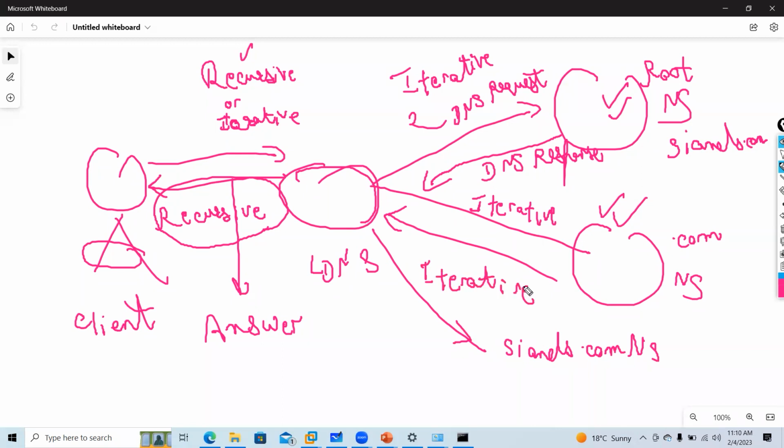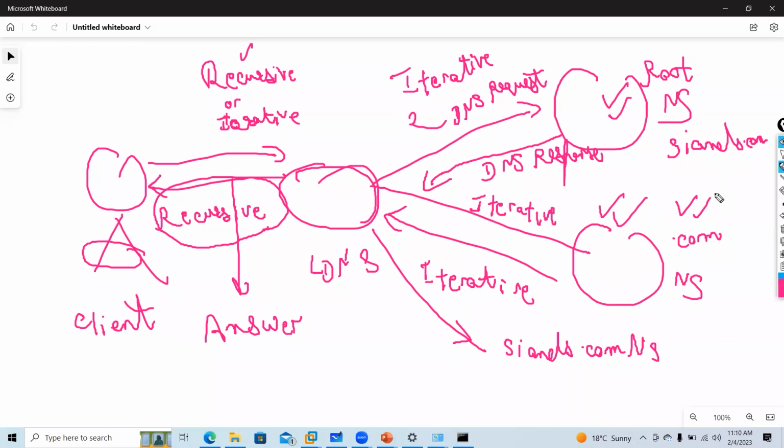In an iterative query, the DNS server provides the best answer it has. If the DNS server does not know the answer, it will refer to another server like this. So that is how it goes. That is the difference between recursive versus iterative.